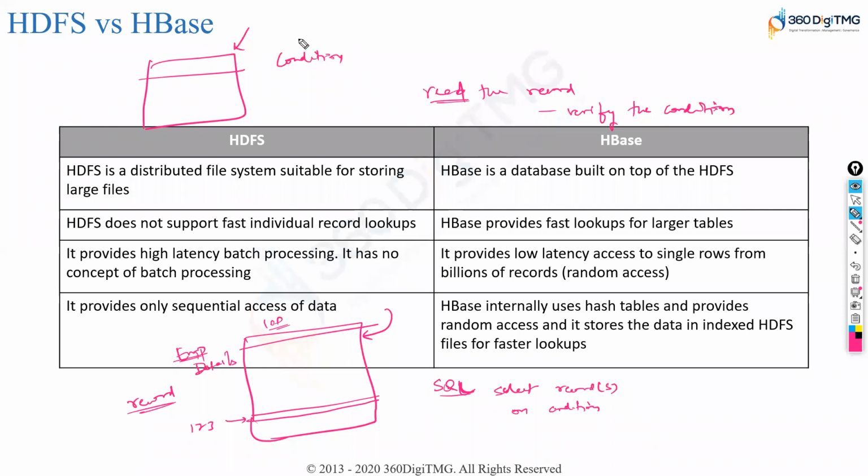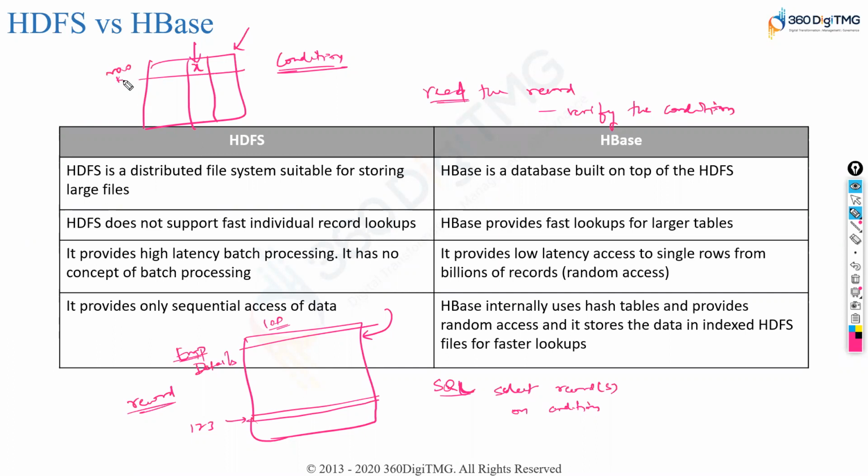We try to access the table, but based on the condition. So let's say this condition is defined for this X, that particular column. Okay, assume. So what your HBase does is, it reads the entire row for that particular column, only that particular column, mind you. We don't read all the values.